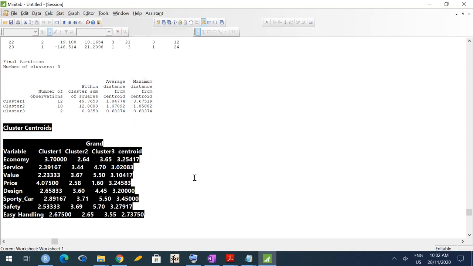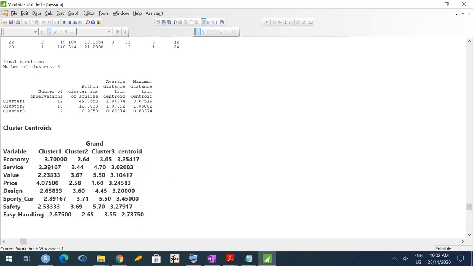Okay, it gets distorted, but you can figure out what columns are what. So in cluster 1, price wise, cluster 1 is towards the higher side, bad price, so higher side. And economy, service, so 1 to 6, and this is the overall centroid. Centroid means the overall average of the data. So you can see that cluster 1 and cluster 3, economy wise, are worse than average. Cluster 2 is better than average.